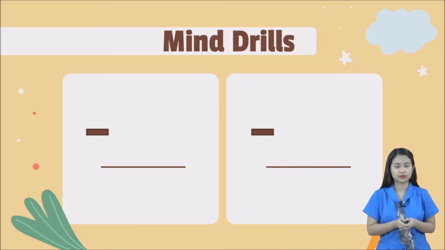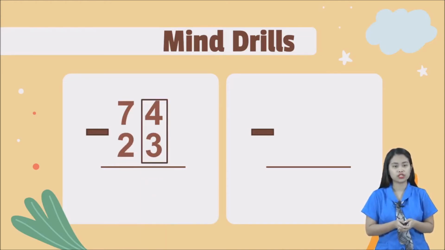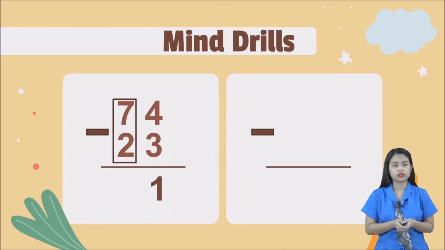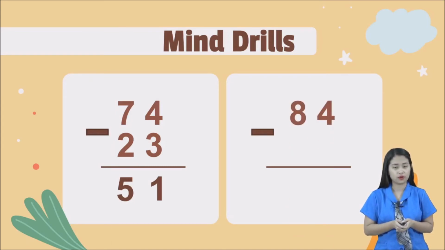Next number, we have 5. So 74 minus 23. So the first one, or the ones place value, we have 4 minus 3, and that is 1. And 7 minus 2 is equals to 5. That is 51. And number 6, we have the givens 84 and